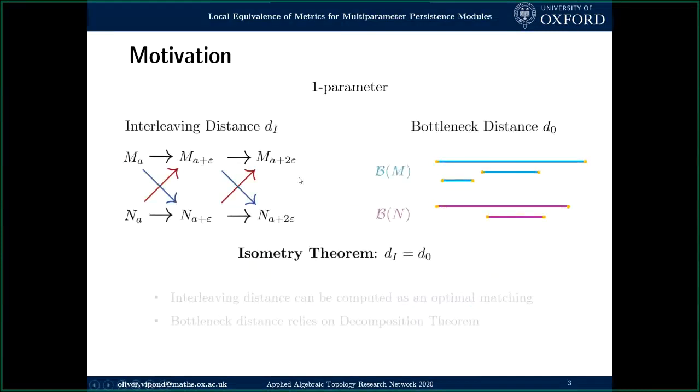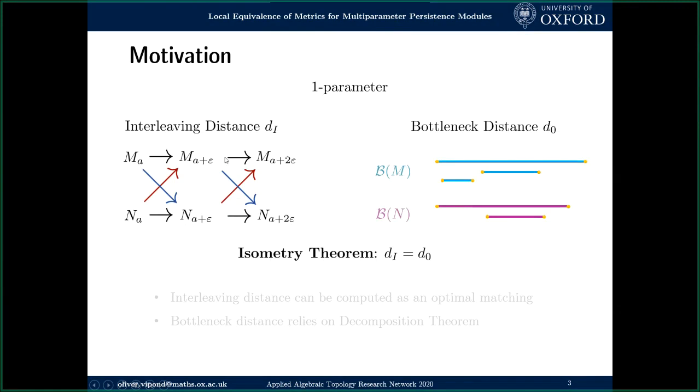You may all be familiar in the one-parameter setup with two different distances on single parameter persistence modules. An algebraic distance known as the interleaving distance, where if you have a module M and a module N, you look for morphisms between the modules which knit these two modules together. And the closer that you can knit these two modules together, the closer you say they are in the interleaving distance. And just from its description, this distance seems quite hard to compute because you're looking for these complicated morphisms